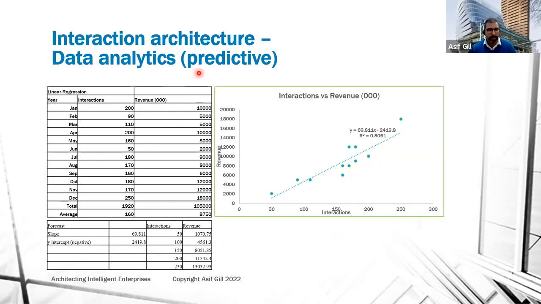Similarly, we can do linear regression for prediction. You can see that, as we already identified in diagnostic analysis, more interaction means more revenue. So based on that, we can develop that regression slope and equation. And based on that, we can say the number of interactions and the revenue they can bring, and that's how we can do what-if analysis from a prediction point of view. 50 interactions mean the revenue would be around that much, where more interaction means more revenue. So we can look at that angle.